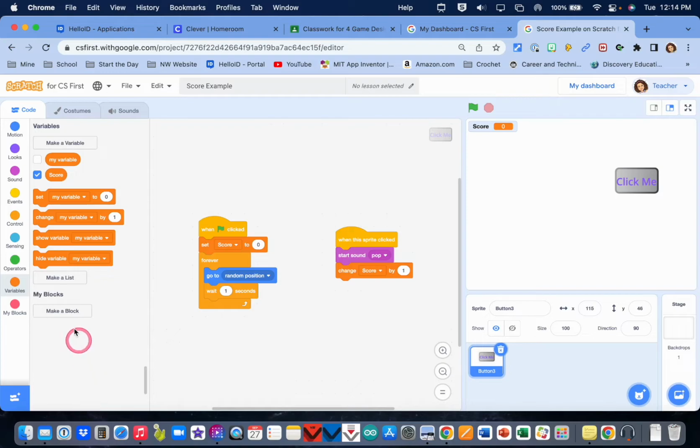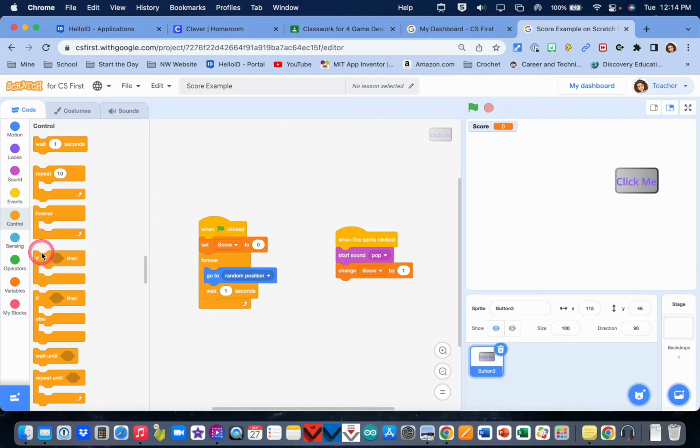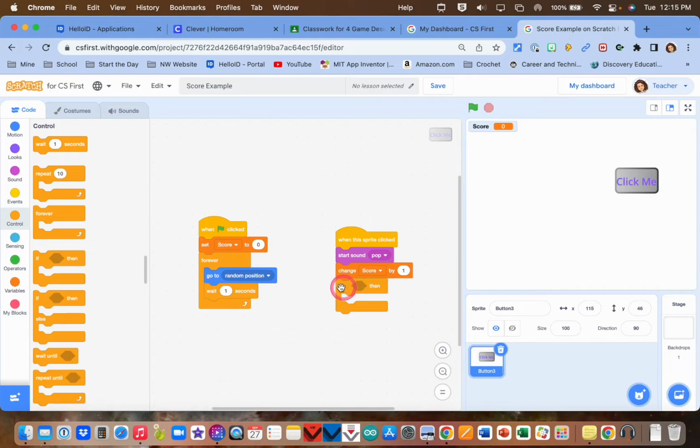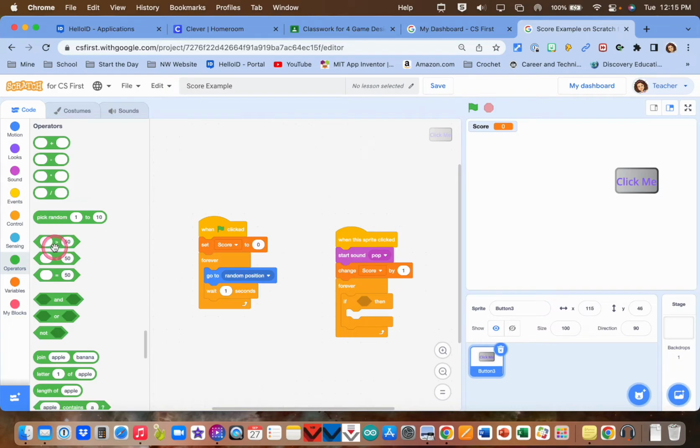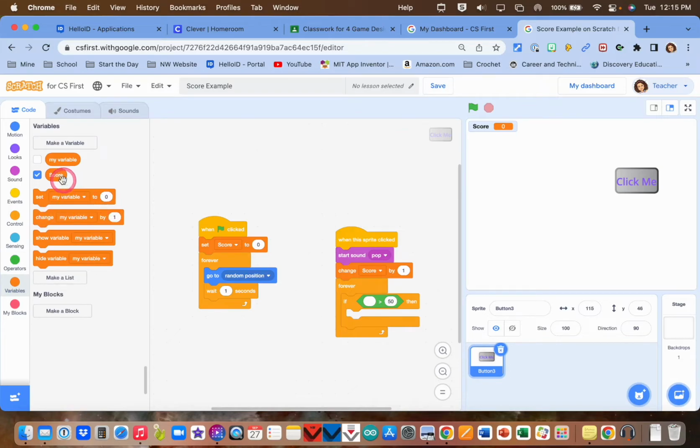Then you can add things like if the score is greater than this or that. You can do other things. That involves using your control blocks for an if-then. So if I put an if-then in here, then I can say, okay, great, if, and I want to constantly look at this if-then to see if it matches. So then I can pull out an operator and say basically if score is greater than 5, then I can have it change the background to a different background,